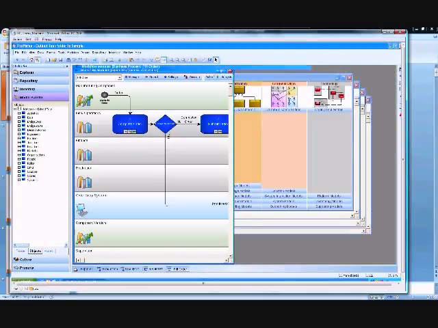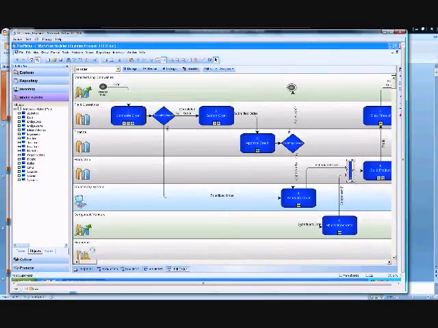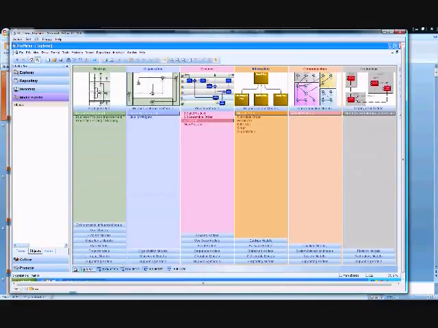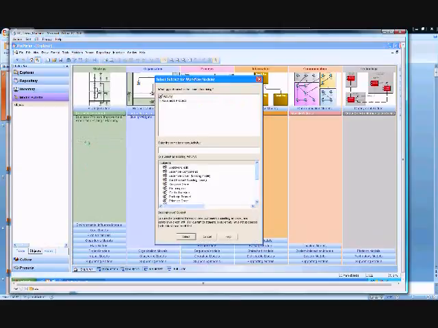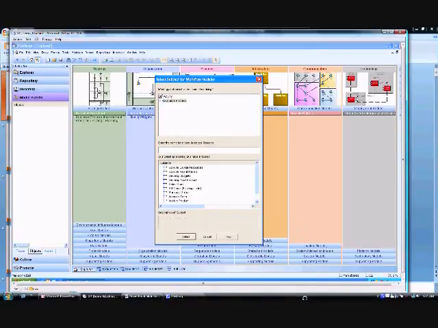Okay, so let's go ahead and do that. Now what I'm going to do is add a workflow model, and there's a couple of different ways to do that. I can go to my modeler window and choose to select a workflow modeler. I can give it a business process name of